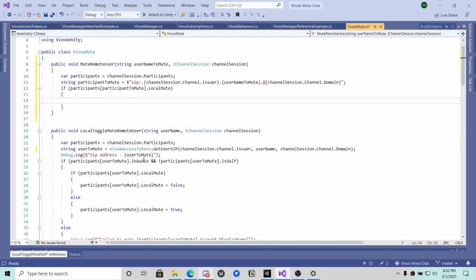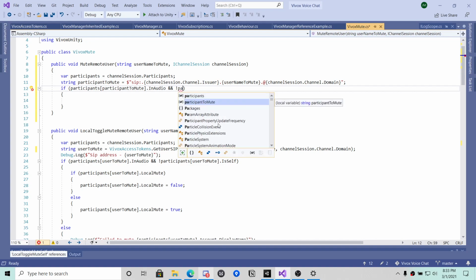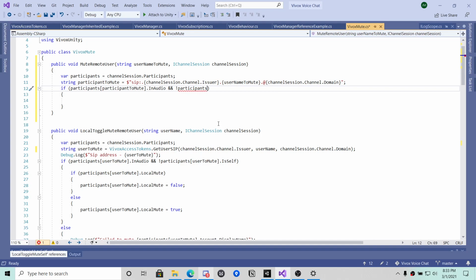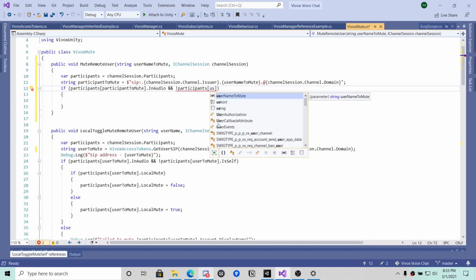Okay. So it looks like right here I'm checking to see if they're in audio. So if they're in audio, basically if they're in a voice channel. If they're just in a text channel, then this won't even work because they're not in a voice channel. And then we're checking to see that we're not. If participants user to mute, username to mute